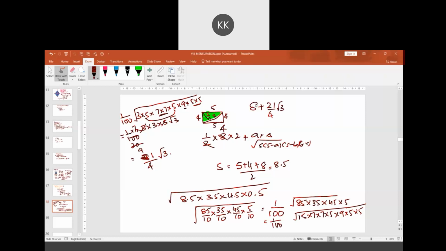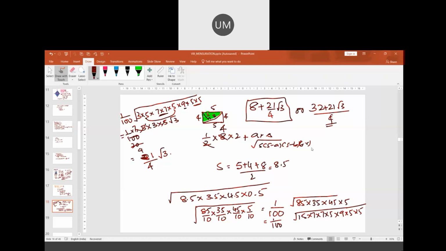Is this the answer, sir? I don't know, sir. It is an NCERT. They have not told the answer. It is from Try These. Right. Okay, we have tried this. At the most you can do by taking LCM. LCM will be 4. It becomes 32 plus 21 root 3 upon 4. Either this is the answer, or this is the answer. Yes, sir.